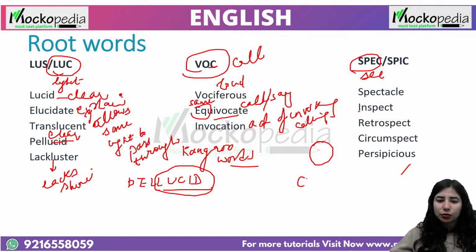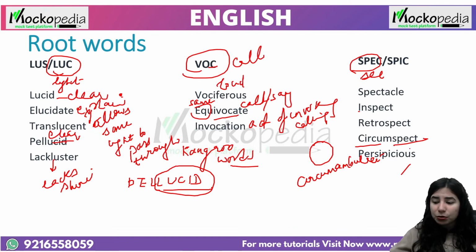So there's another word I would like to mention, circumference, I'm sure you must have heard. Circumambulate, ambule is to walk, circumambulate is to walk in a round fashion. When do you circumambulate? When people get married, right? They circumambulate around fire. So circumspect, spect is see, circum is round, when you are evaluating in every minutest way. And perspicacious is something which is absolutely understandable, comprehensible.